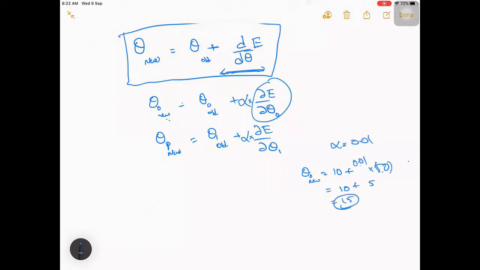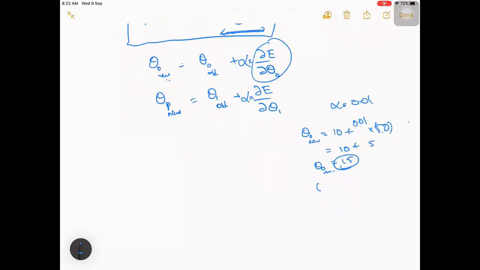Okay, theta naught. So this is okay, but in case you don't have that, if it is directly plus 50, if there is no alpha, then it will go to 60, it will jump to a different level immediately, right? So to control how much variation you have, we keep one more multiplier at this level.